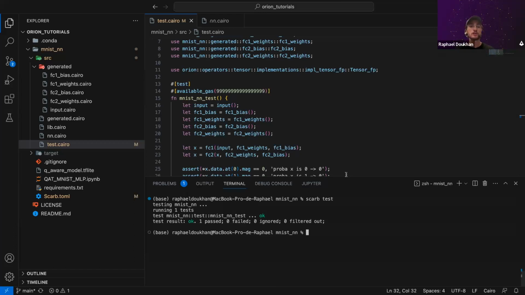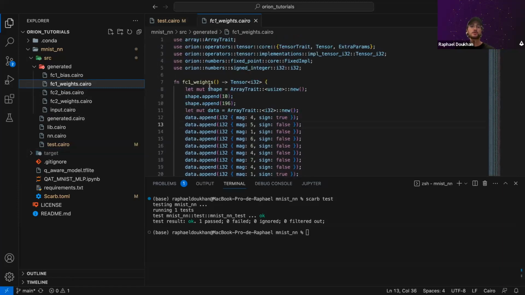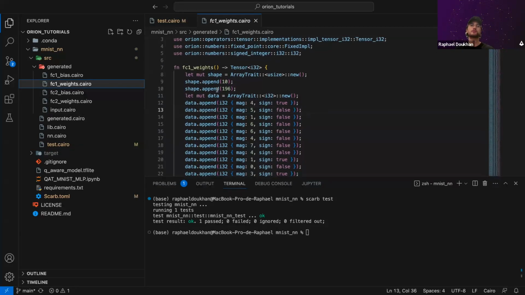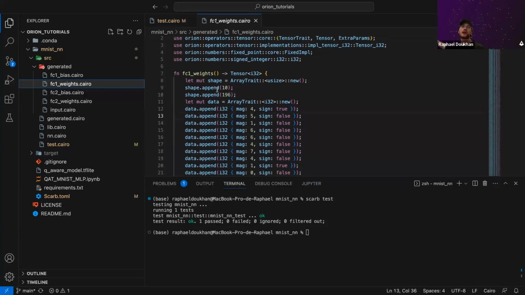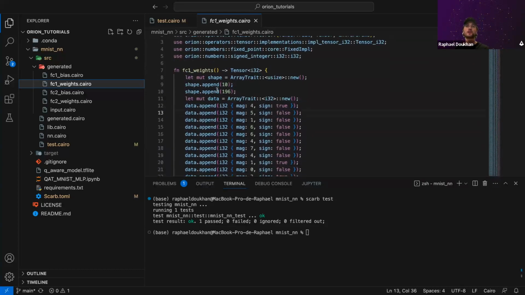So voila, some changes that will be done during that week. Until a few days ago, to create arrays in Cairo you just had to initiate the array and then append. They released a new version a few days ago with the array macro. So now we can do it very similar to Rust: array, exclamation mark, and all our values. Okay, so that will improve the performance a lot.